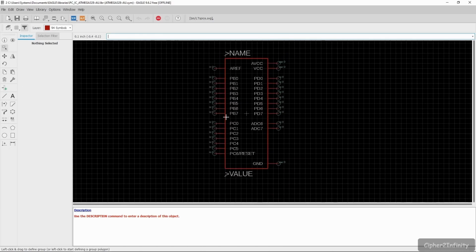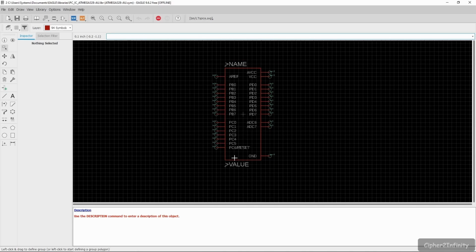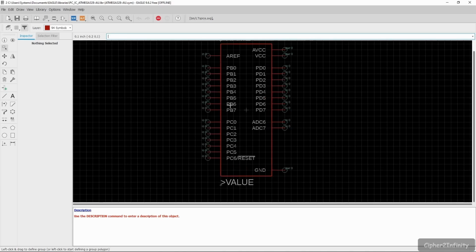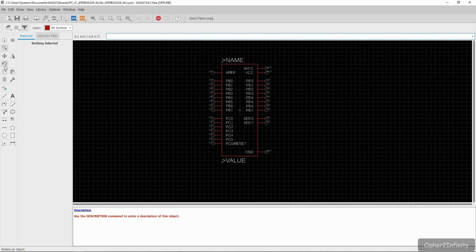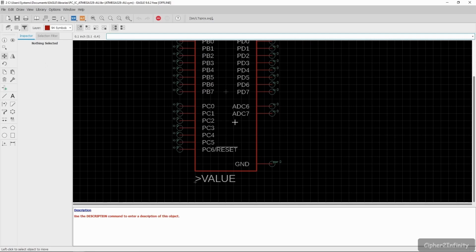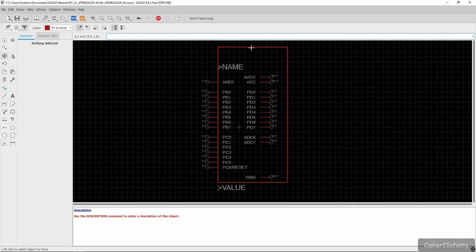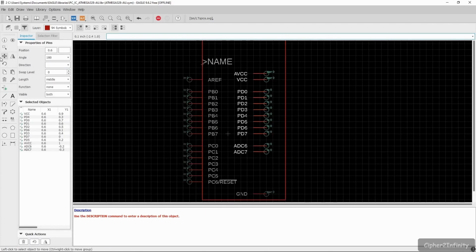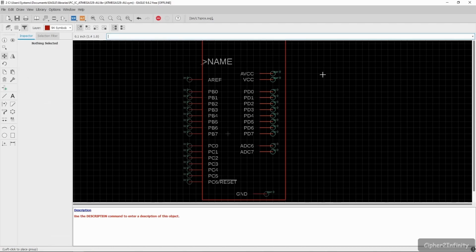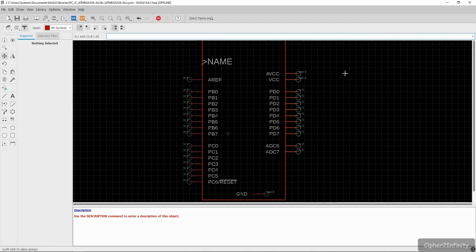First of all, if you see, this symbol is quite small, so we have to edit these names here. We will have to increase the length of this symbol. First, I am going to select this move option, and I am going to move the border of this symbol like this. Again I will increase the height like this, and let's align all these pins of this symbol. In order to move all these pins onto this edge, I'm going to use the move option, then right click, move group, and then I will place it here like this.